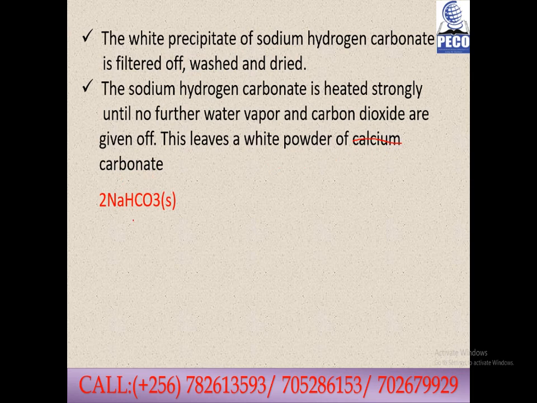So we have the equation. This is sodium hydrogen carbonate, then it is heated strongly, and it forms sodium carbonate, carbon dioxide, and water vapor. So this is the water vapor that we are talking about. So you have to heat this one until